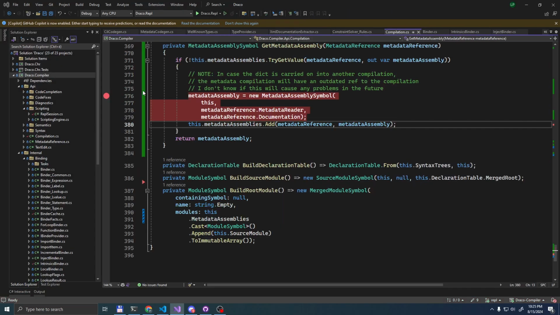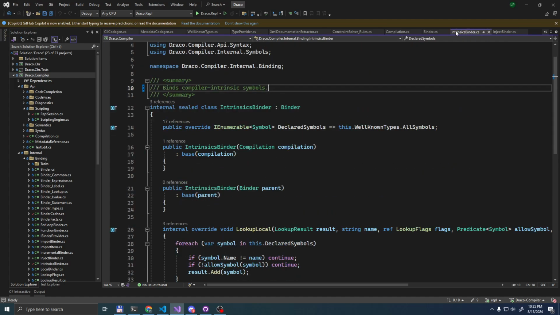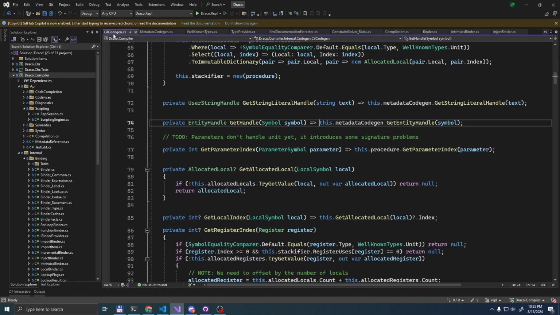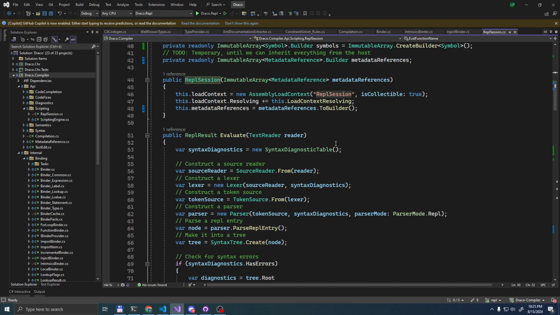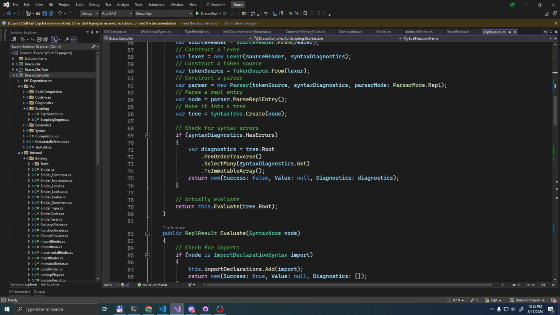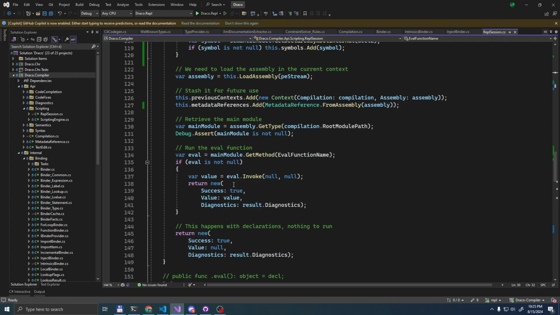The problem now is that we look up the symbol in the previous compilation. So let me navigate back to REPL session. The problem is that we look up the declaration in the previous compilation, and then we inject it as a reference.